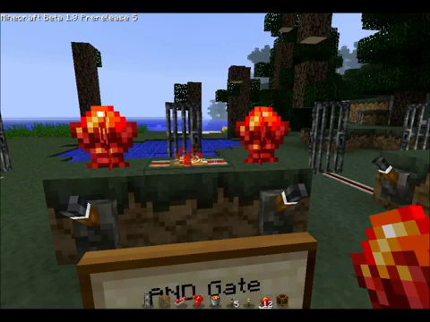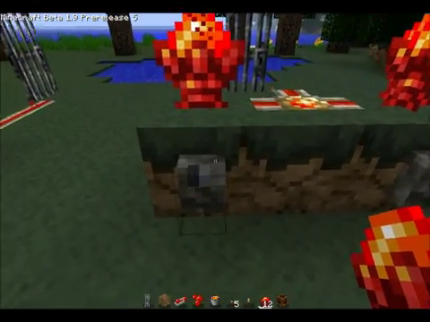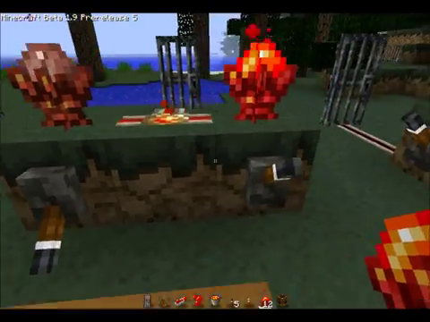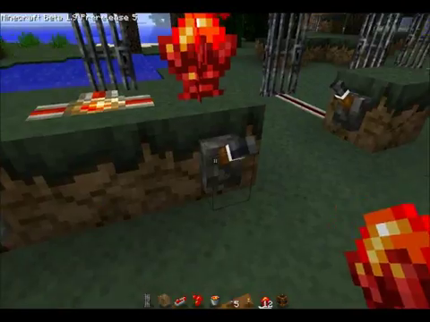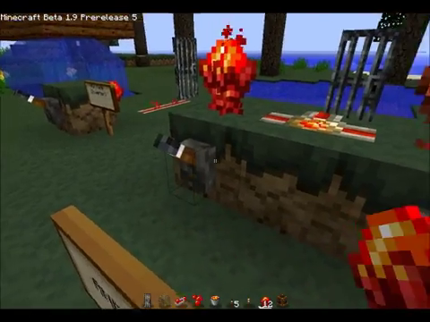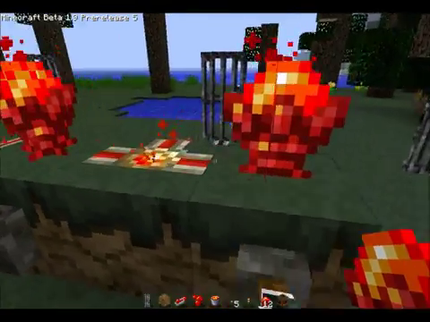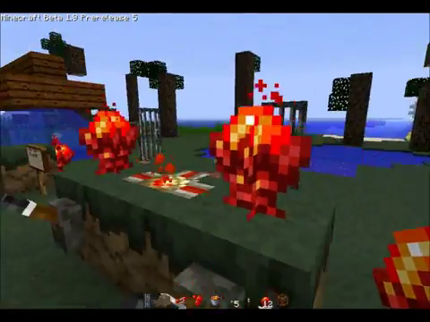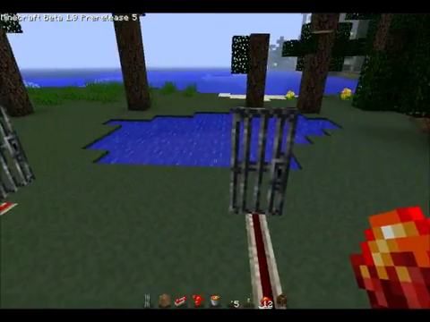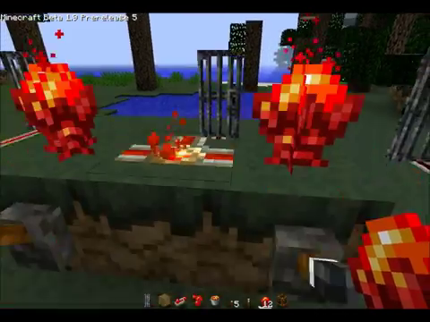Now, this is called an AND gate because in order to open that door, you need to hit switch A and switch B. You can see the door will not open until both switches are toggled. Now, this could be used as a dumb door in that if you're not worried about people being able to come to and fro freely, say you have